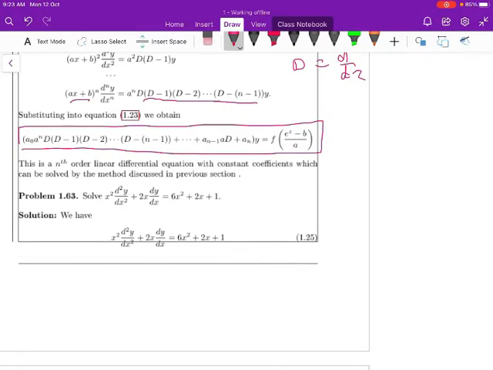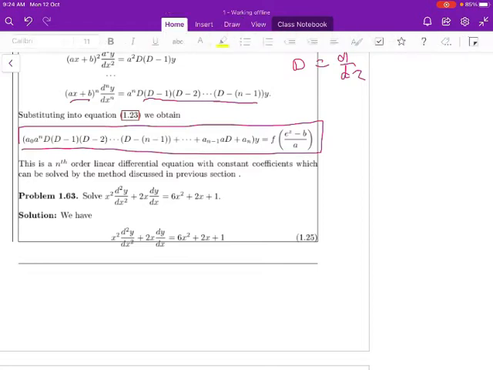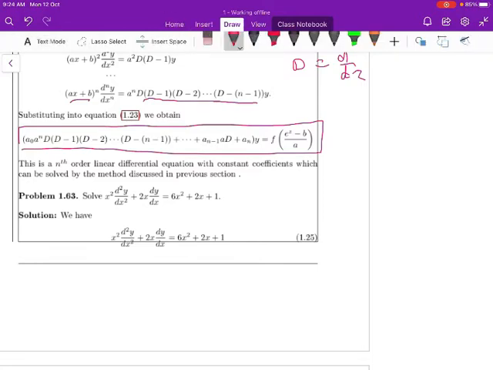Now let us move to the solution of the Cauchy linear differential equation and Legendre linear differential equation. These two equations are linear differential equations with variable coefficients. One can convert from variable coefficients to constant coefficients by taking the transformation x = e^z in the first case, and by taking the transformation ax + b = e^z in the second case. So let us move to the solution of such differential equations.